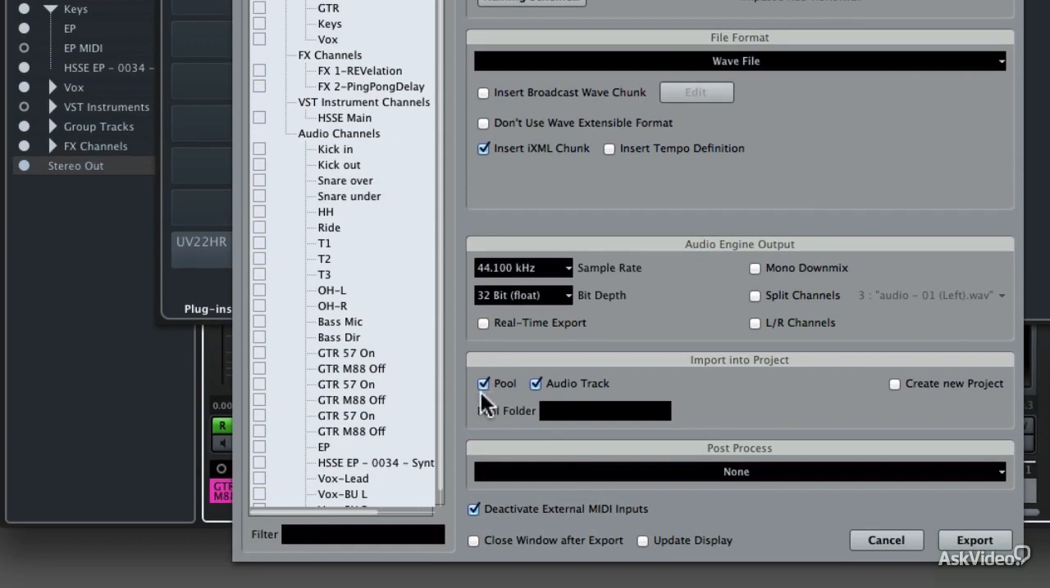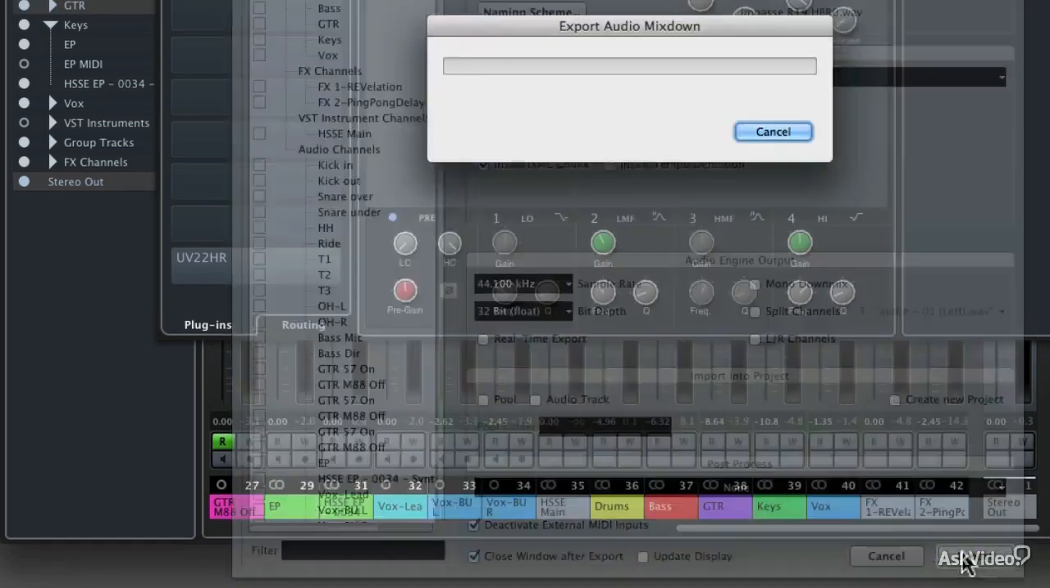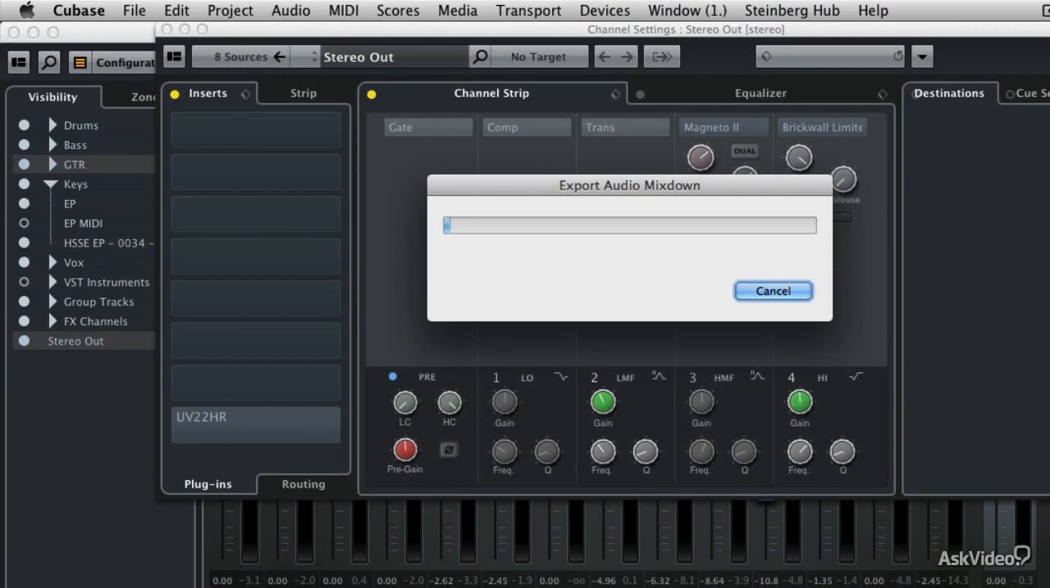Then I'm not going to export it to the pool and the audio track, and I'm going to make sure that all of these other checkboxes are turned off, except you might want to leave the deactivate external MIDI inputs checked, and you may want to check this close window after export. That way when the export is done, this window will vanish. Then I'm going to hit the export button,